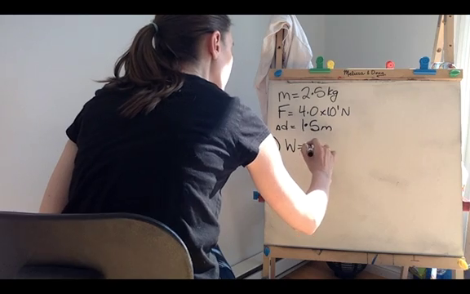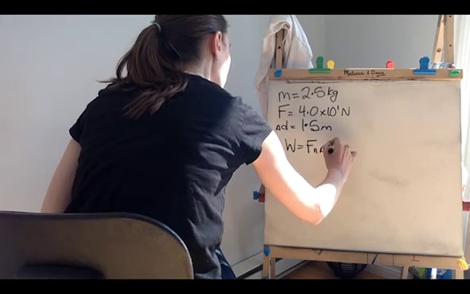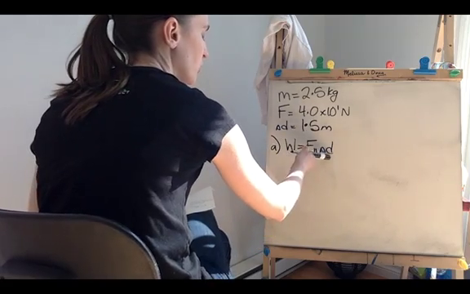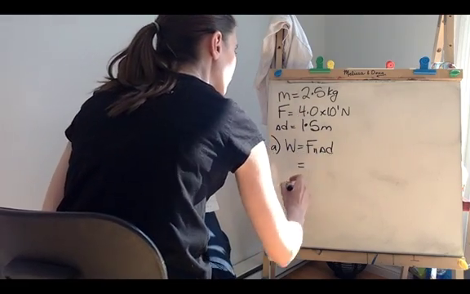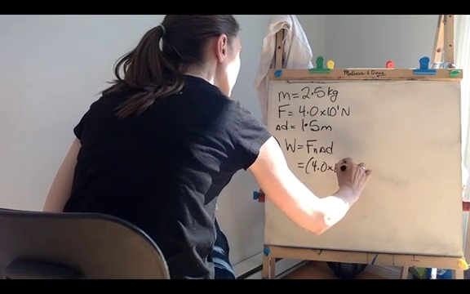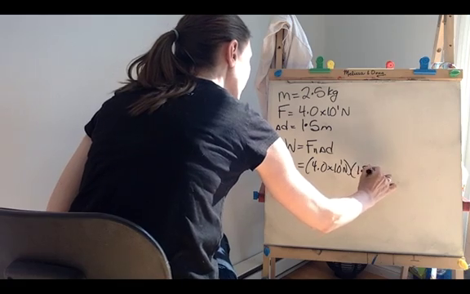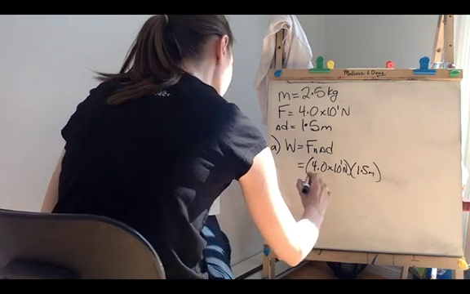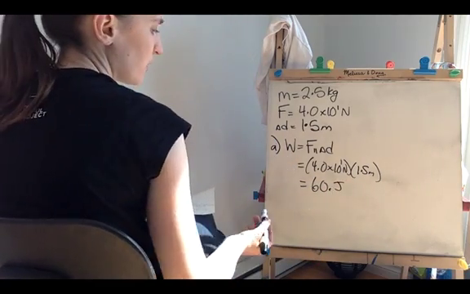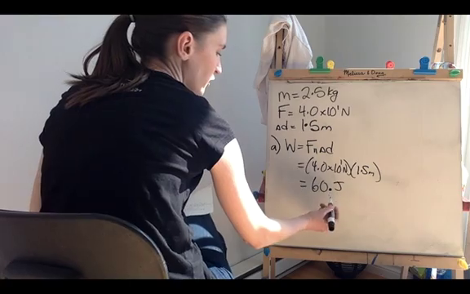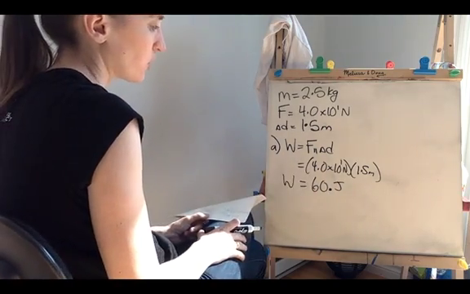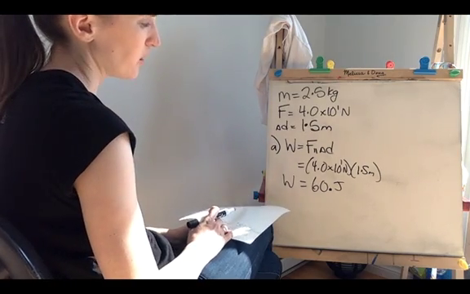Okay, so work was that formula of force parallel multiplied by displacement, and it is moving 1.5 meters horizontally, so the displacement and the force are acting in the same direction. So we can just go ahead and multiply 4.0 times 10 to the 1 newtons by the 1.5 meters, and that gives us a value of 60 joules. Right, now we get 2 sig figs, so notice that I'm just placing the decimal there to indicate that this 0 is significant. So the work done by the student on the curling stone over that period of 1.5 meters